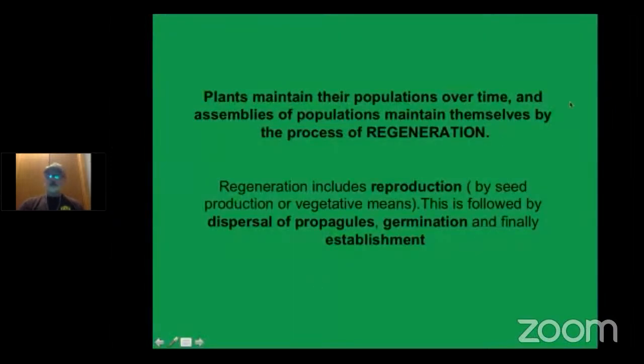And remember that the ecological, biological sciences have used the term regeneration to mean how plants maintain their cells, their populations, and the different assemblies of populations, the community of populations. They maintain themselves as an ecological entity throughout time by the process of regeneration. The reproduction, dispersal of the propagules, germination, establishment,